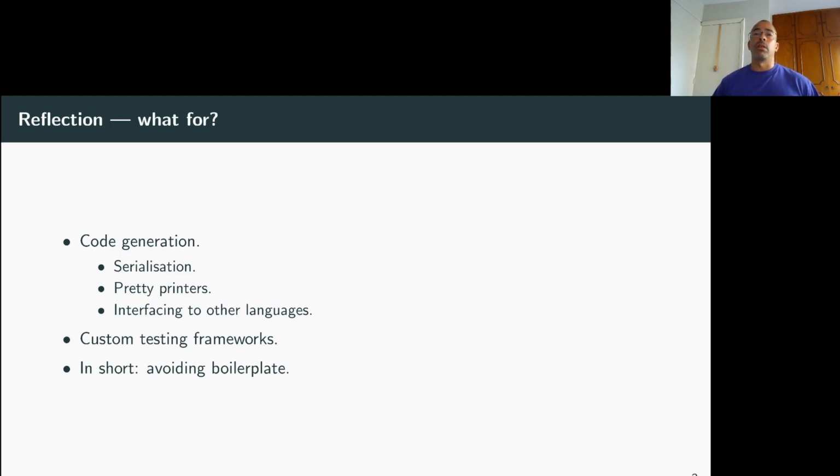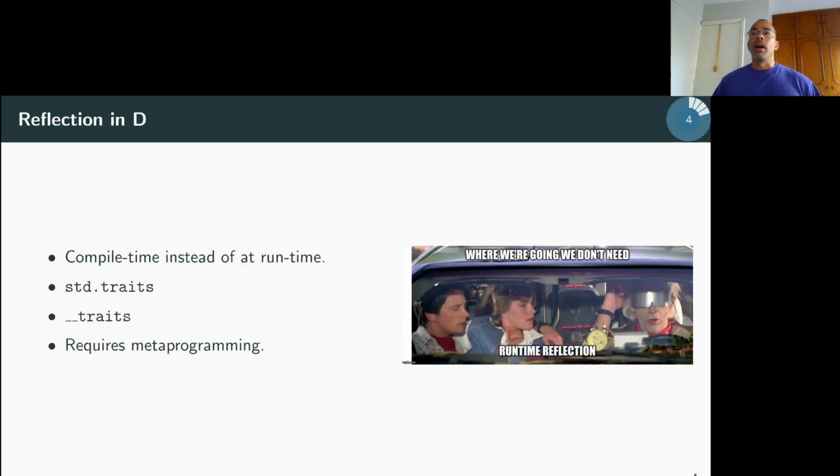Of course, to interface to other languages, we need to be able to see what the D code is that we're trying to call, what functions exist, what parameters they take, all of those things that I just mentioned. And reflection in D, well, we have compile time instead of runtime. We have reflection in Python or Java, but it is at runtime, and Go as well. And I think we made the right decision here because you don't need runtime reflection if you have compile time, because you can generate one from the other.